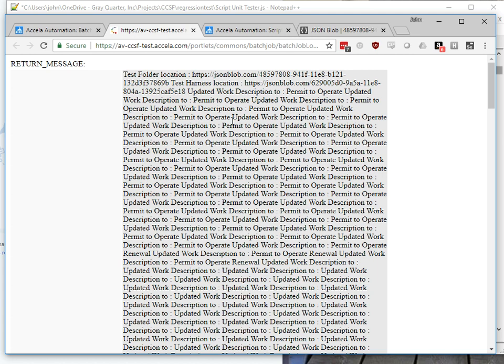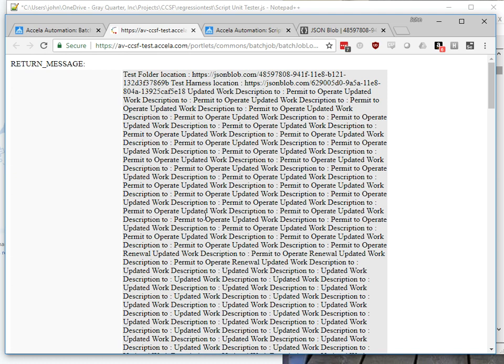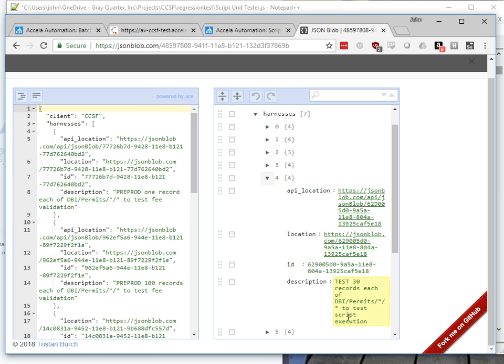And if we go look at the output here, you can see that it actually is going to contain all the debug output for any log message statements that all the simulated events are doing. But what's important is that we've got a test folder location here, and if we go back to our test, here's our test 30 to test. So if we go take a look at this,